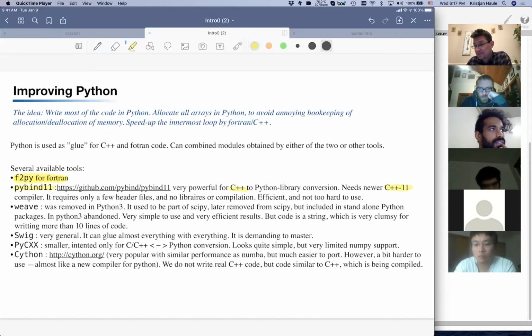Is F2Py compatible with Python 3? Yes. Well, that's a good question. It depends. On my computer, absolutely, because when I installed Anaconda, I used only Python 3. And when there is only Python 3 on your computer, then F2Py is actually